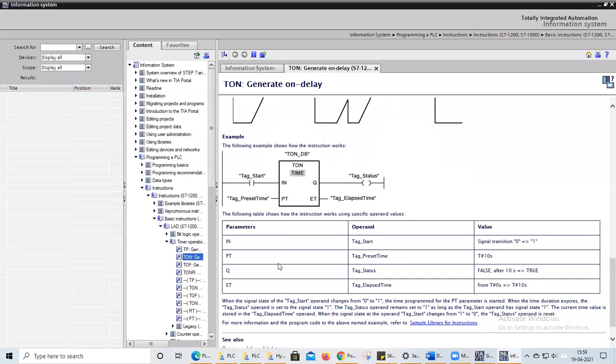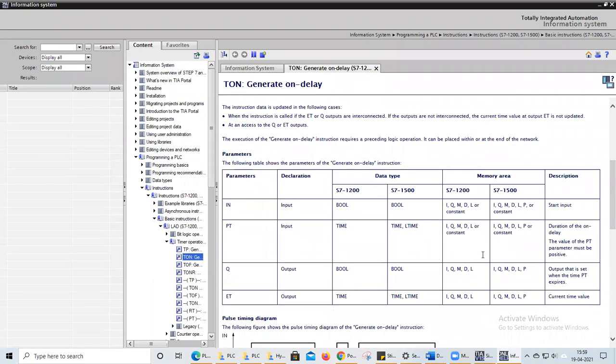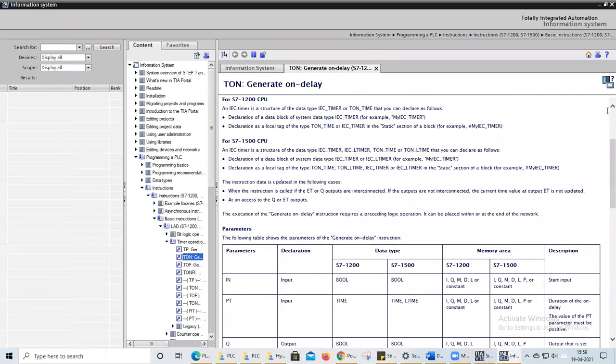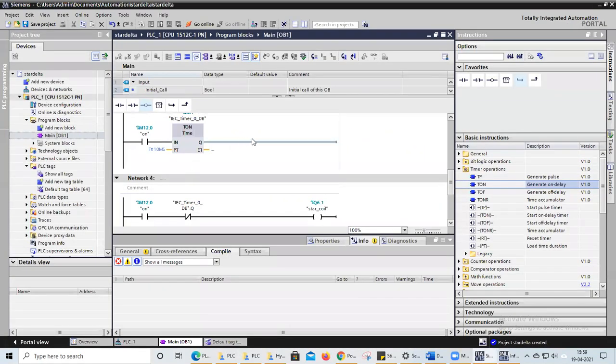Okay. Here you can see the inputs and outputs, and how we can set them. Here PT is provided. Here you can see it is labeled as T with 10 seconds. If you put M, it can become milliseconds. Everything you can learn from here itself, and whether it is a Boolean or a word, everything you can get from the help table. Okay, this is regarding the T on timer. If you want to look at the pulse timer, off timer, or on off timer, based upon your interest, you can learn it from help.